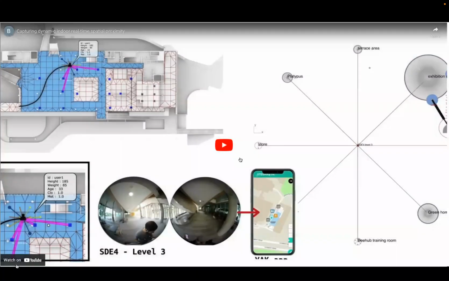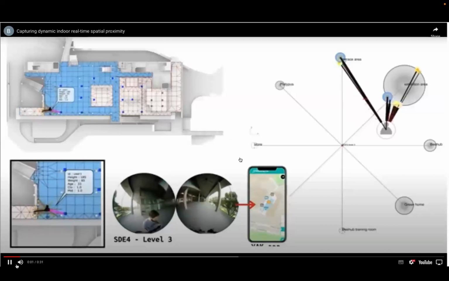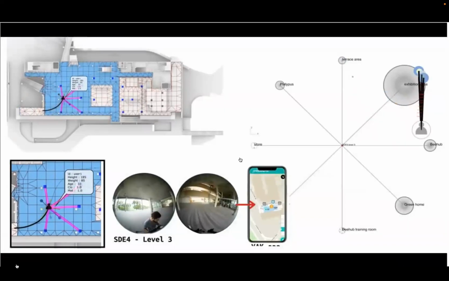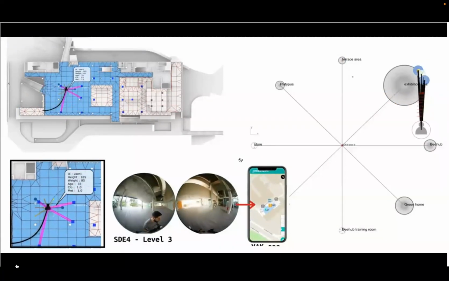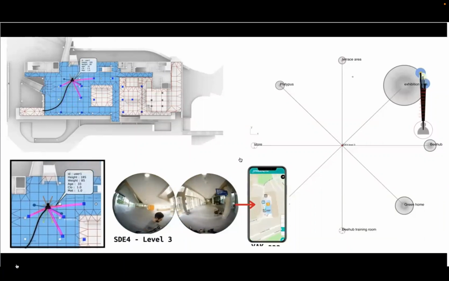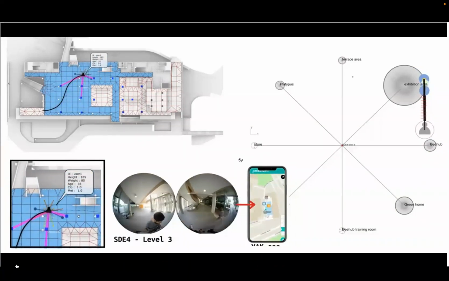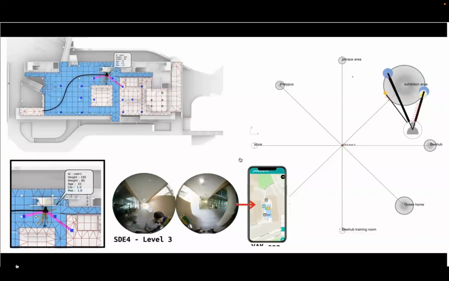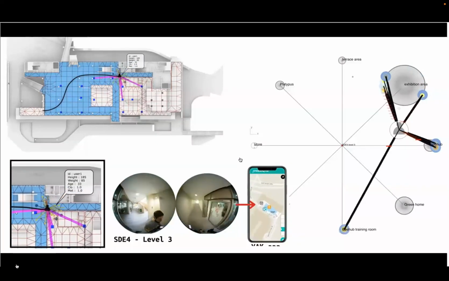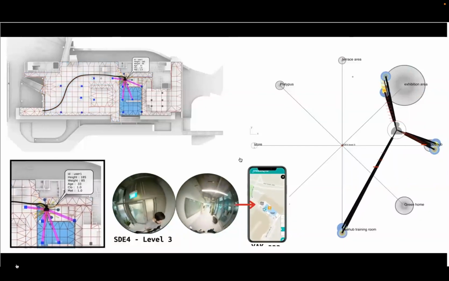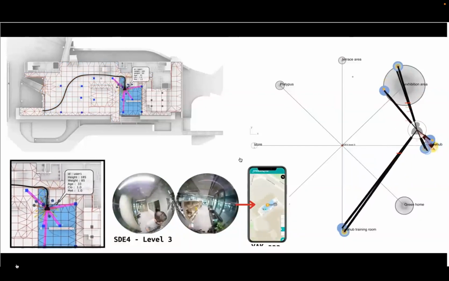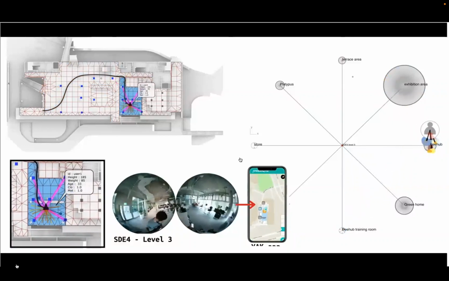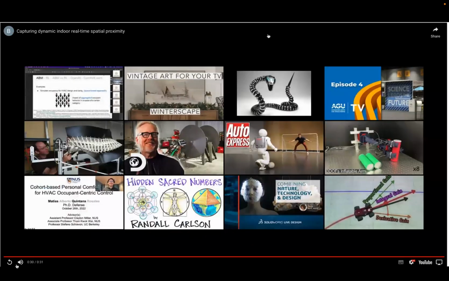Here's a quick little fun example that Mahmoud created showing how that kind of works. And you've heard the concept of a digital twin. Digital twins are supposed to be these virtual environments that are running sort of in parallel with reality. So this is something we try to do to show that you could use this type of method as a digital twin. Here you see Mahmoud walking through a building, and the spatial proximity of him to the different objects is dynamic. You see how it's happening. And on the right-hand side, you see that graph model and how the graph model changes as the person is further or closer to different things in the space.